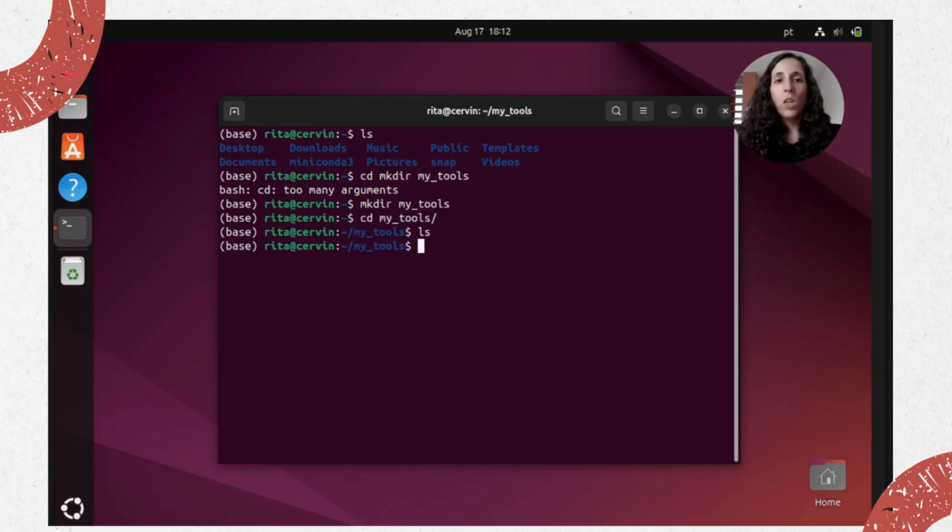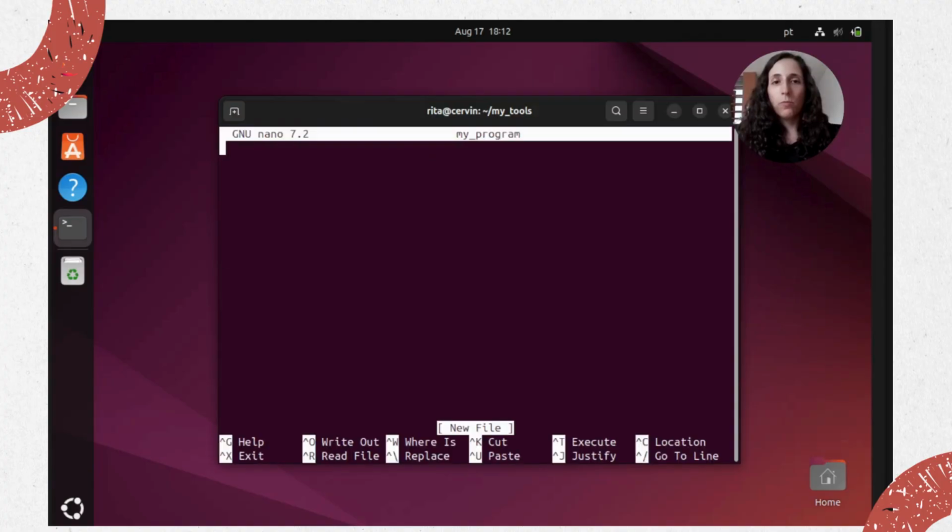There's nothing, and we'll just create a simple bash script program. To create a bash script, we have to write this at the start so that the computer knows it's a bash script, and we'll just do a simple echo of something. So we'll just say, hello, this is my code,